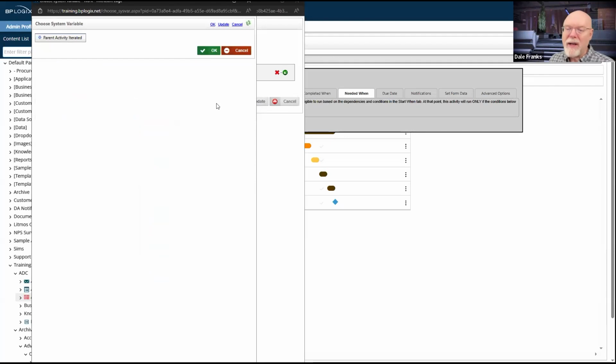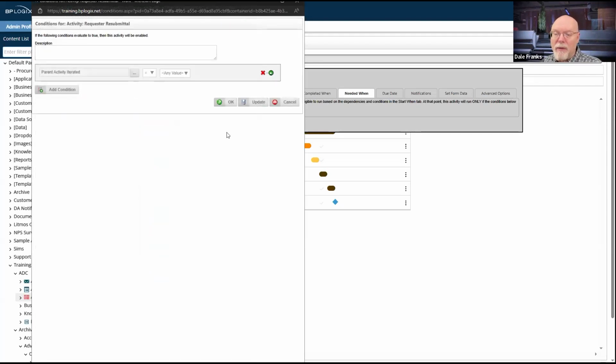The parent activity has not iterated. I don't need this activity to run at all. So the very first time that this runs, I don't want to see this activity. So I'm going to have parent activity iterated equals yes. Now I could make this